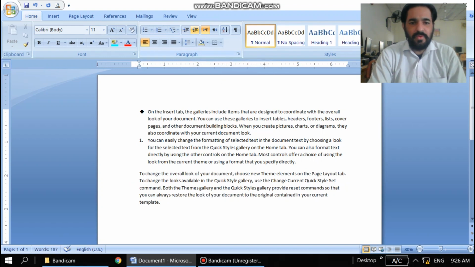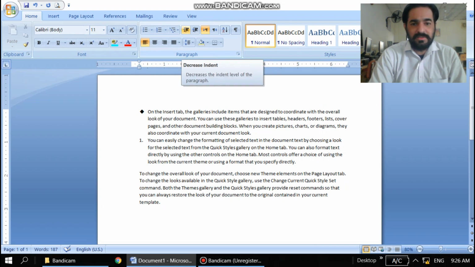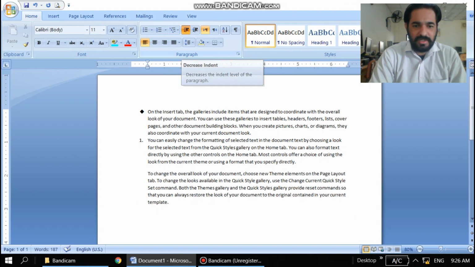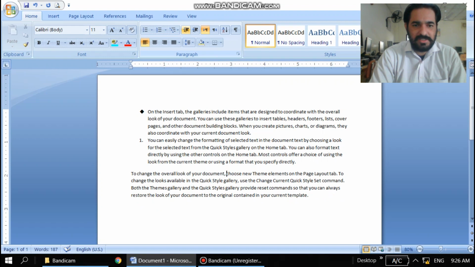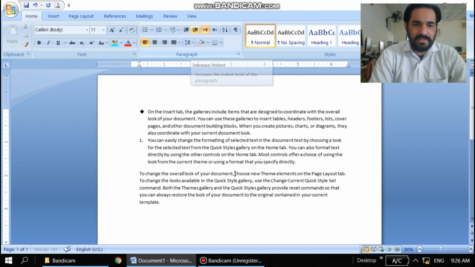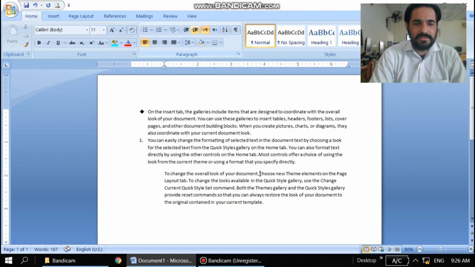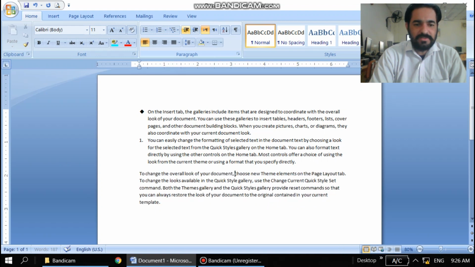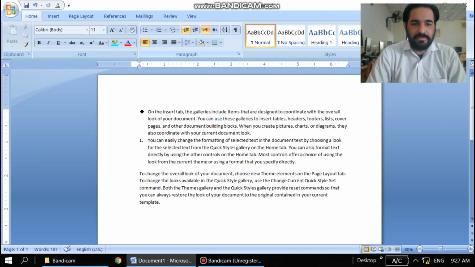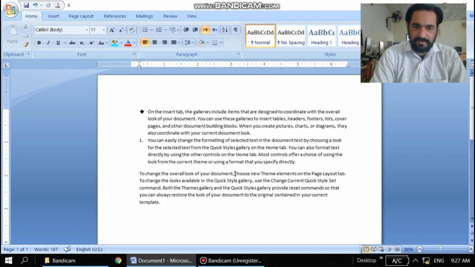You can see when already there is decreasing. There is no space. That's why it is not moving. But when I click the button on the right or left, then you can see the change. So that is the change on the upper side. On the ruler, you can see the difference, how much the paragraph is moving to the right side or left. So this is another technique where you can arrange or settle your paragraph according to your requirement.